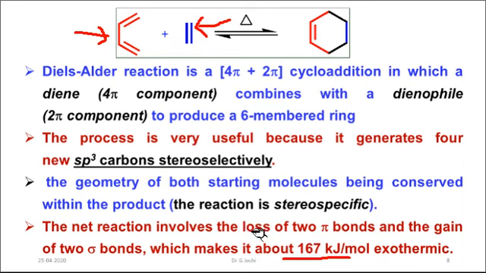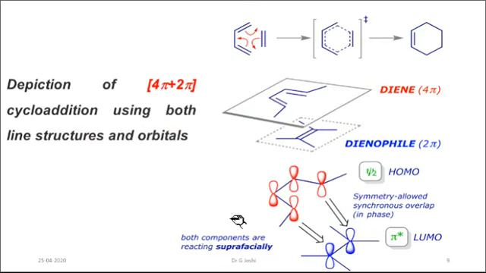This reaction is highly stereospecific. We will discuss this in a separate section on stereochemistry of 4 plus 2 cycloaddition. In this case, we have shown that pericyclic reactions take place via a concerted manner by the redistribution of bonding electrons. The two reactants simply form a transition state and then lead to product formation.